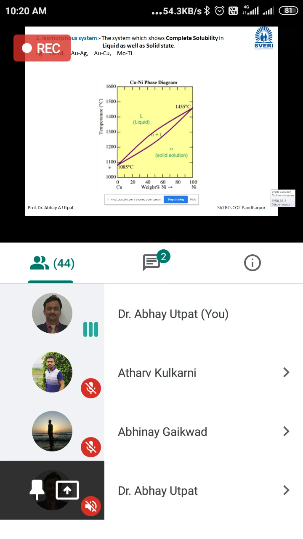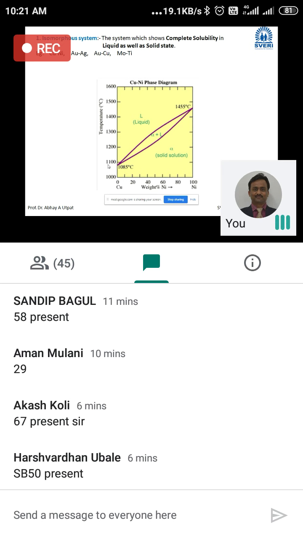Alpha is the name of the phase. The mixture of copper and nickel is a solid solution, so that complete mixture is treated with one symbol. For a single phase system, the alpha symbol is used. You will come to know in the next bits. For the time being, remember this is the notation. So we are using the alpha symbol for a single phase. Now in this system, we have to explain the cooling: what exactly changes in the microstructure are observed. We'll go to the next slide.